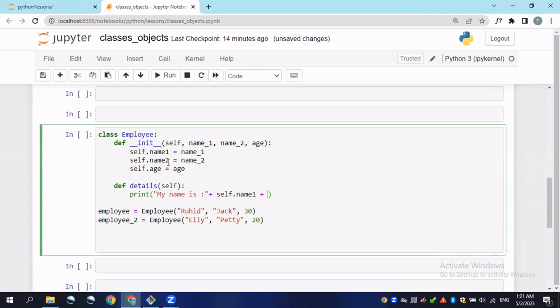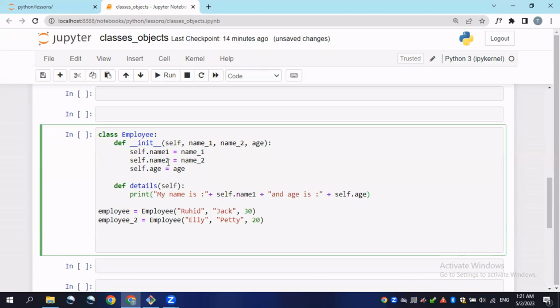Then I want to access the age, and type "age is", plus self